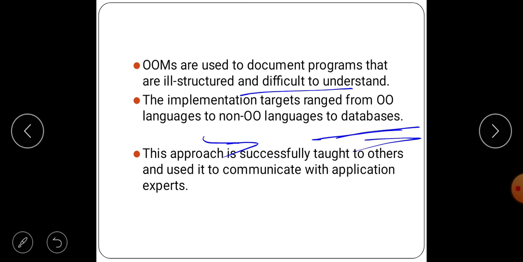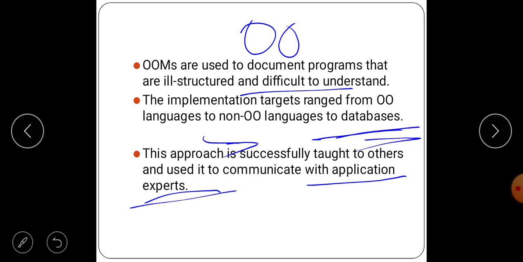Okay, this approach is successful and is used to communicate with application experts. Using OOM we can communicate with